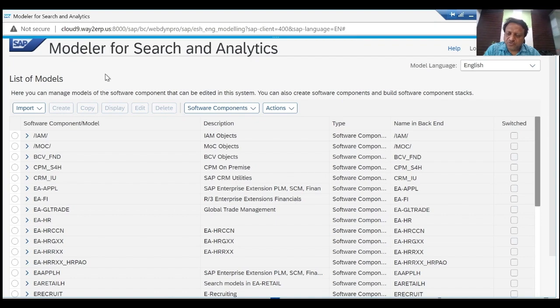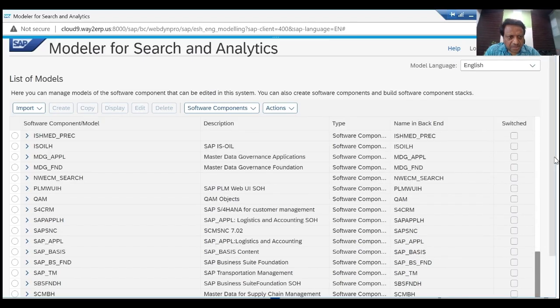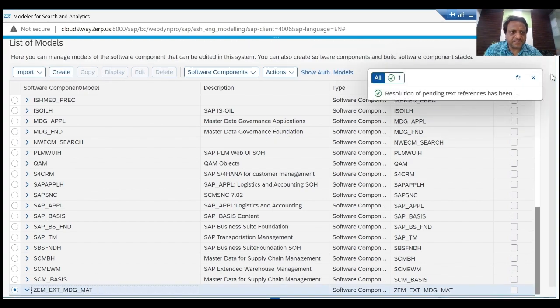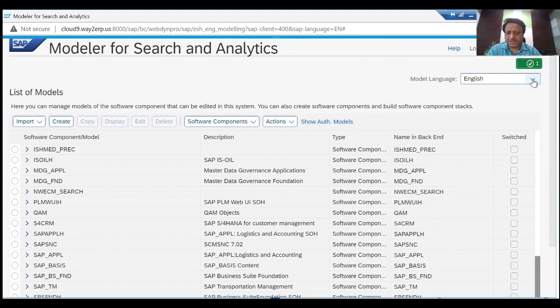So usually the first step whenever we have to do any enhancement with the connector is to build our own software component. So if we see in this modular for search applications, there are various standard software components listed, and then we need to create our own software component. That is usually the first step whenever I need to enhance the connector, then the first step is to define